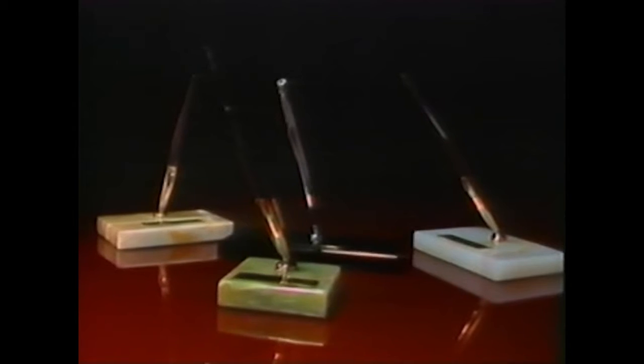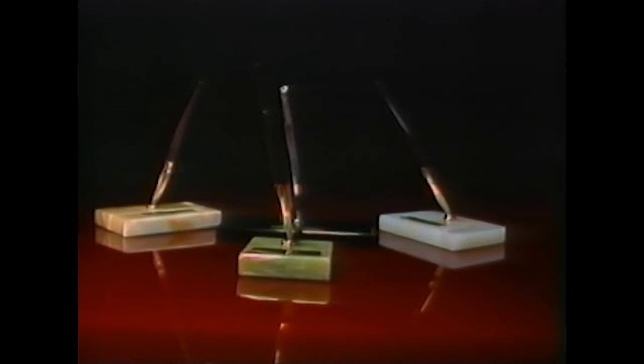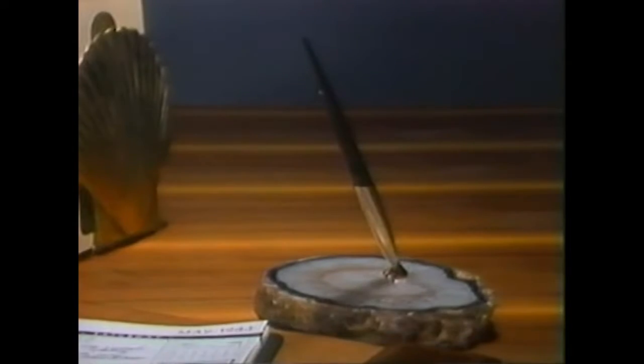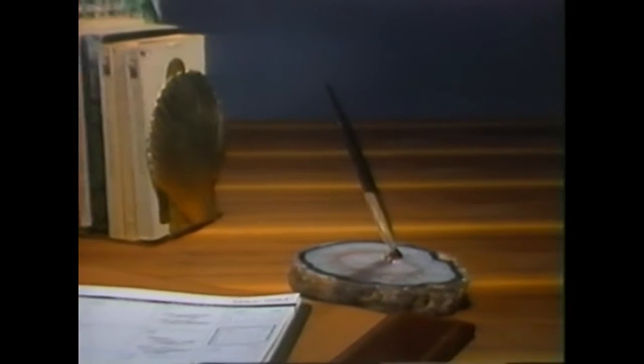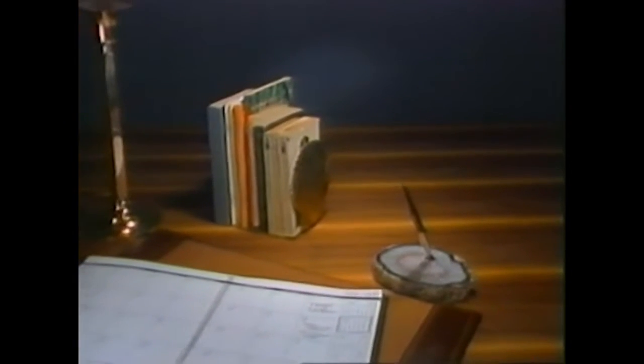An alternative to pocket writing instruments is the desk set. These are available in a variety of exotic materials with single or double instruments and are an attractive accessory for any desk. Sheaffer offers a wide selection of refills for all of its instruments. And Sheaffer warranties every product against defects in performance or manufacture. It's one more reason why Sheaffer's white dot is recognized in over 140 countries the world over as the symbol